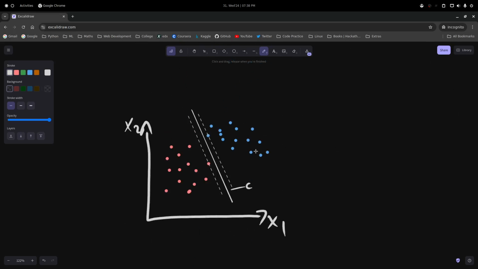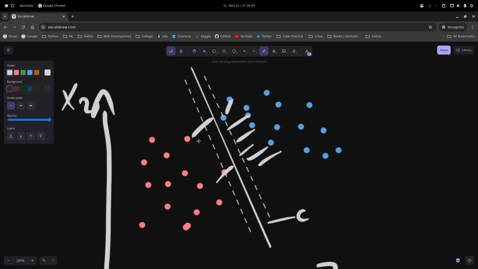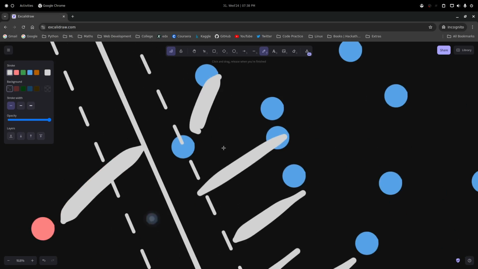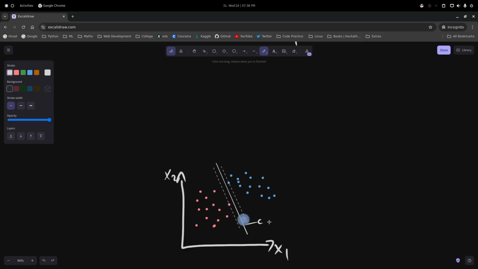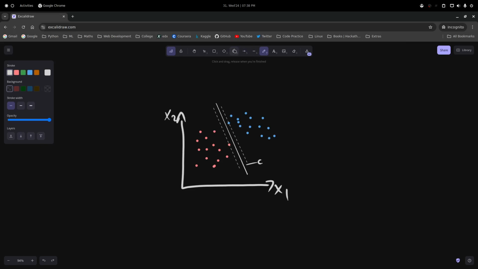So we can find the distance between this line and other vectors, and we can check whether we can expand this margin further or not. Okay, and basically that distance is known as c, and by how much we can expand it is the main hyperparameter which we have. Okay, so that we have to compute, and if I copy this one again,